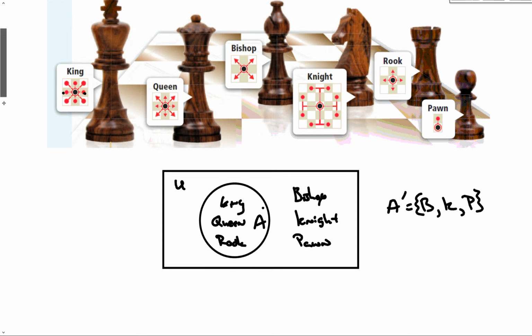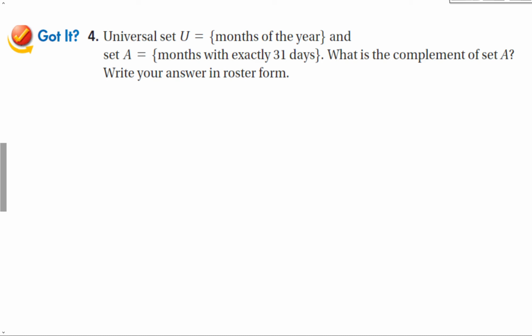Let's do one last Got It problem. The universal set is months in a year, and set A is the months with exactly 31 days. So the complement of A is going to be every month that doesn't have 31 days. Write your answer in roster form. Not a really good way to write this in set builder notation, that would kind of be more confusing. So what is the complement of A? A prime is going to be equal to